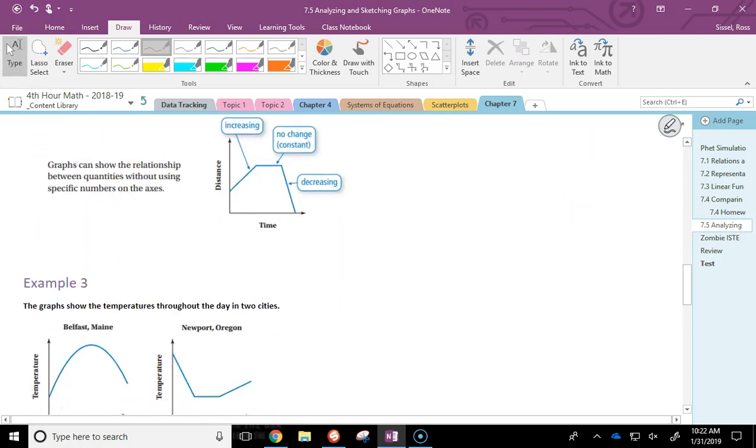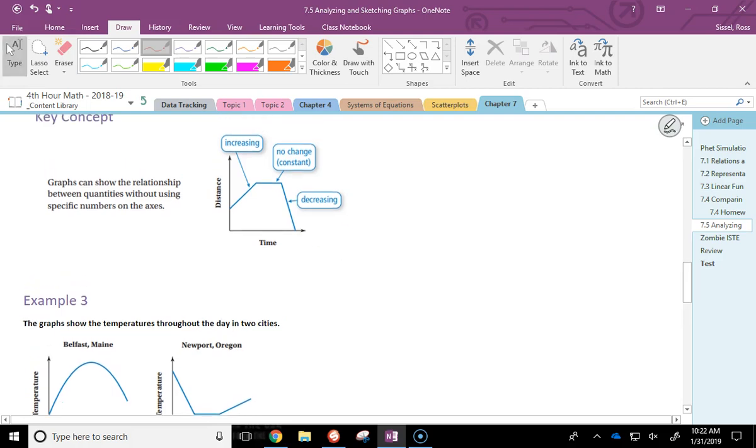Okay, key concept. We need to make sure we're understanding this. Our key concept is that graphs show a relationship between quantities without using specific numbers on the axis. So what we're looking at, we don't have a scale, but we're showing what's happening. This is distance versus time. So when it's going up, that is showing